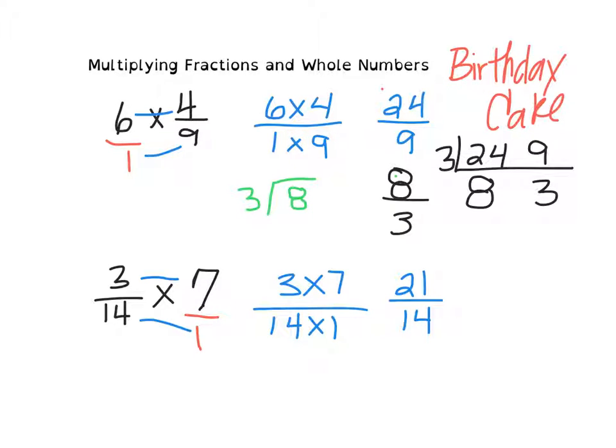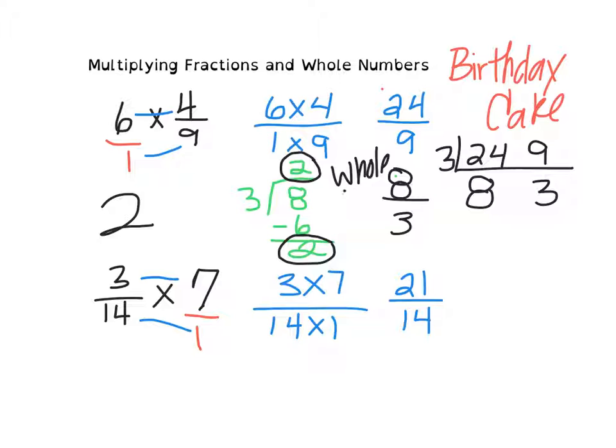Let's divide that out. 3 goes into 8 2 times. Our number down here is 6. We're left with 2. So our whole number is our top number. Our numerator is our 2. So we're going to write our big 2 for our whole number here. Our fraction bar, our little